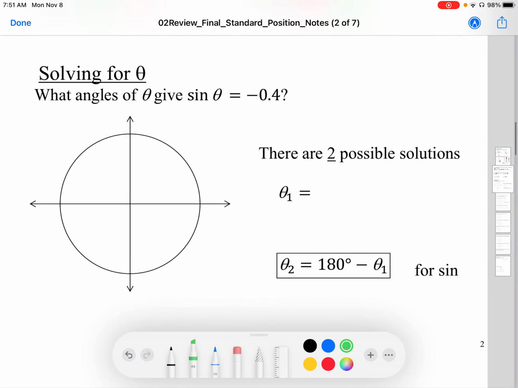For solving for theta, when we solve for theta, we have to consider that there could be two positions that each ratio could give us. So in this case here, we've been given sine of the angle equals negative 0.4. So we need to first of all locate that position based on the sine, and we need to recognize that that position has two